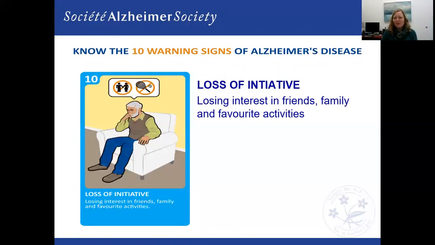And look, we just flew through those. We're already on our 10th warning sign, the last one, which is loss of initiative. It's normal for us to tire of housework or business activities or social obligations, but most people regain that initiative and they want to take part and they want to get their things done. However, a person living with dementia might become passive and disinterested, and they might require cues or more prompting to